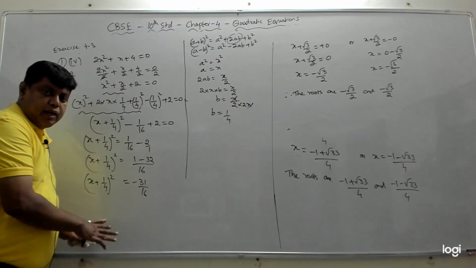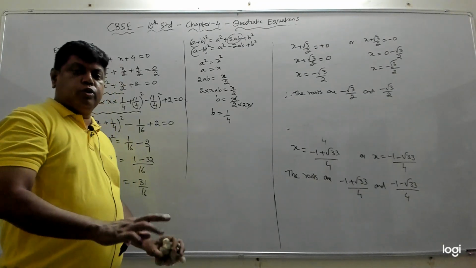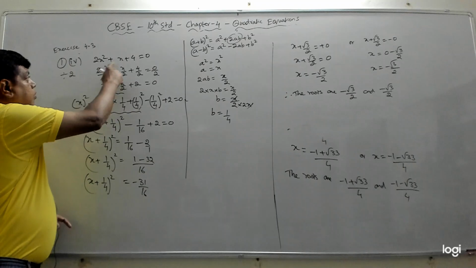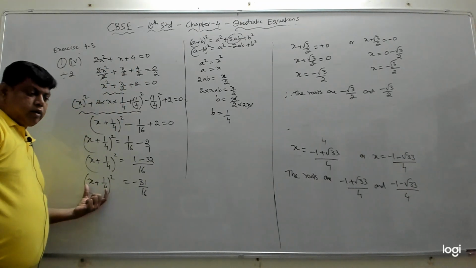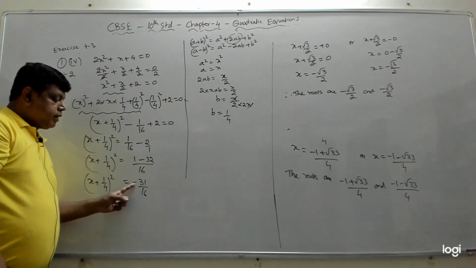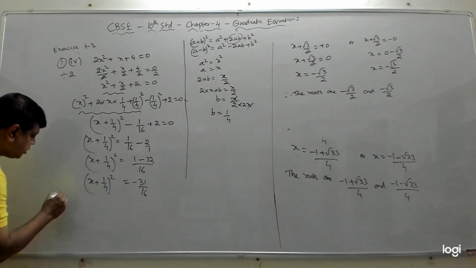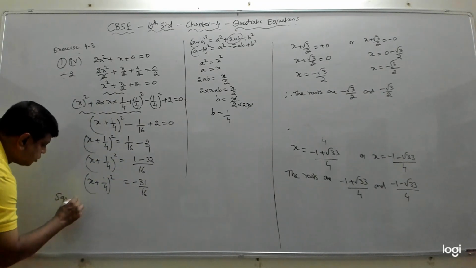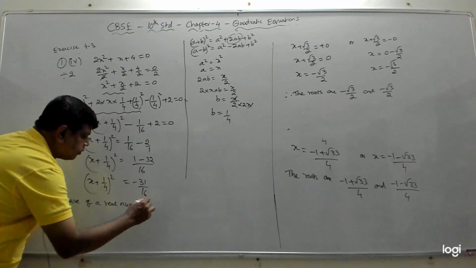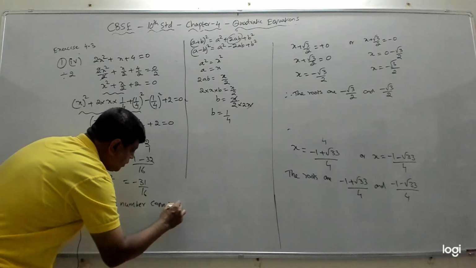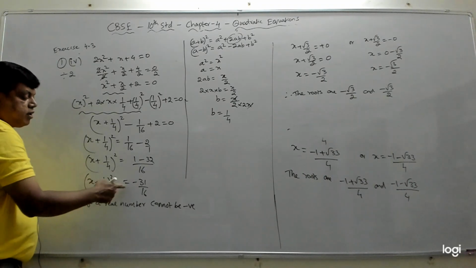We have to stop and say this particular quadratic equation does not have roots. The roots don't exist for this quadratic equation because it's a square, x plus 1 by 4 whole square. So ultimately it's a number. We're squaring a real number and we are getting a minus 31 by 16, which is not possible. Right? So we'll say the reason is square of a real number cannot be negative. Here this is a real number, it is squaring. Square of a real number cannot be negative.